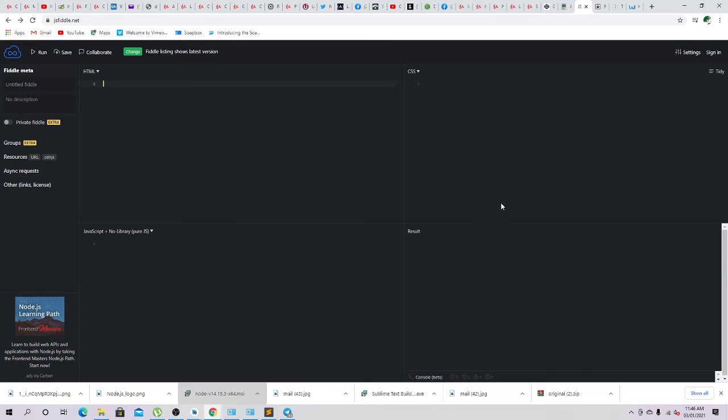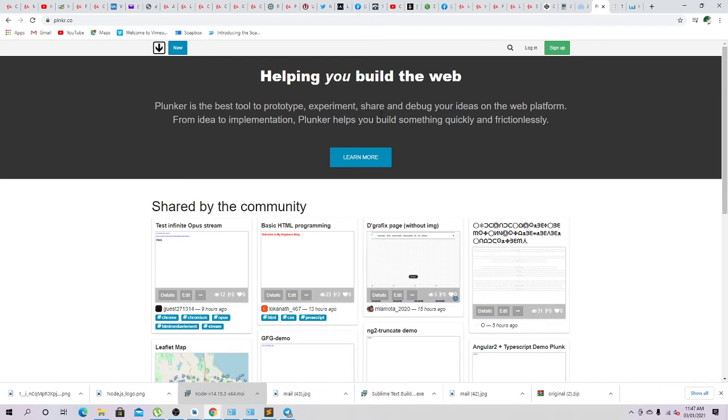This one is jsfiddle.net. This is another good web environment site that you can use. We have here CSS, we have here HTML, and here we have JavaScript. You can get your result from here, and you can also sign in. So this is another site, don't forget to check it out. And the next one is